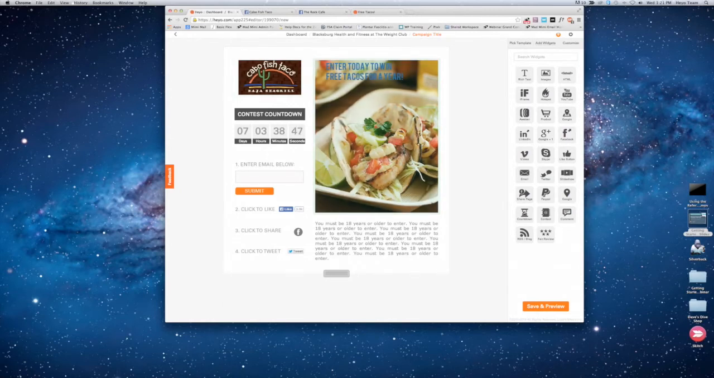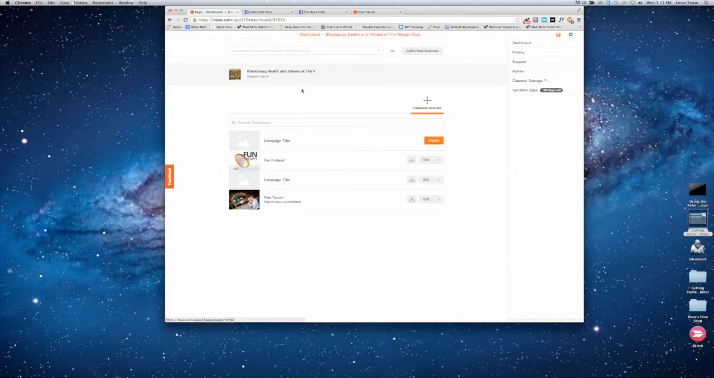So I'll just show you one last thing about these premium templates. I'm going to go back to the dashboard. So here's the campaign that we've published. It says free tacos. Here's that smart URL right here. It's highlighted in orange. And I can always grab this if needed after I've published the campaign. As folks are entering the contest to win the free tacos or whatever prize you're giving away,